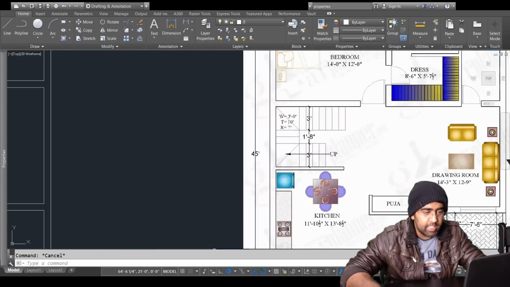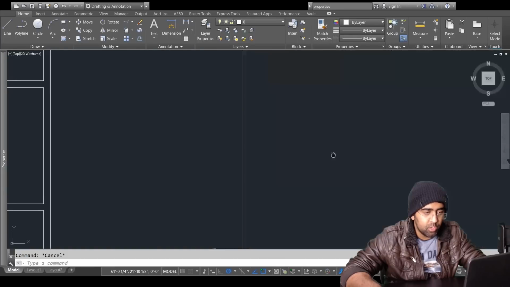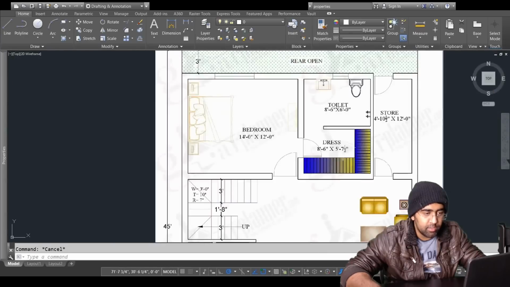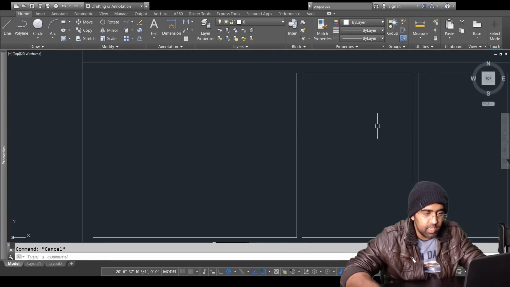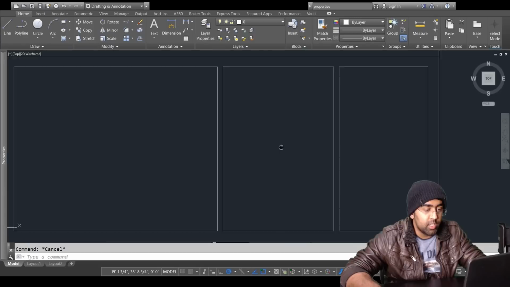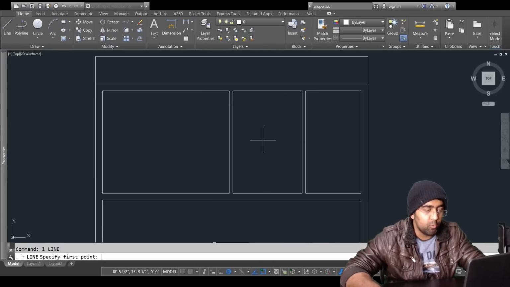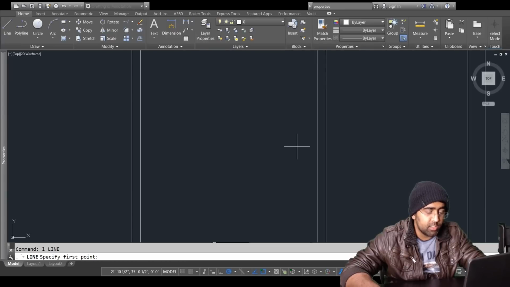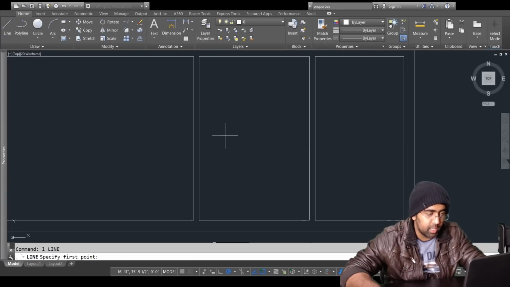let's go add some rooms here. Sorry, not the rooms, but we just gotta make the toilet and dress left here. So I'm gonna show you the trick here now. Let's say if I want to make a wall in the center. There are so many ways that you can do it, but let me show you the common way. So if I select this line and just make that line here, okay, and now I'm